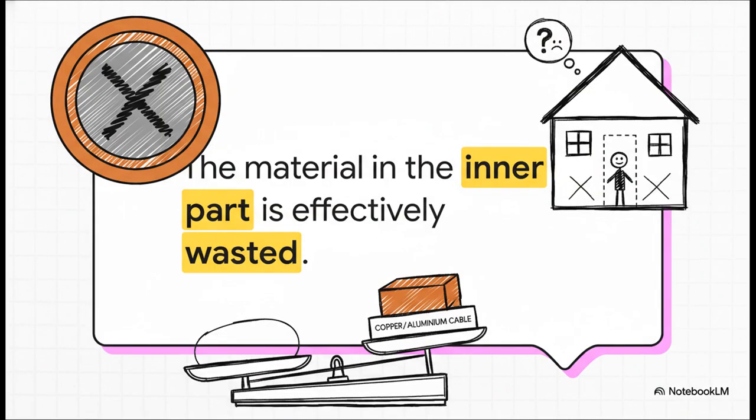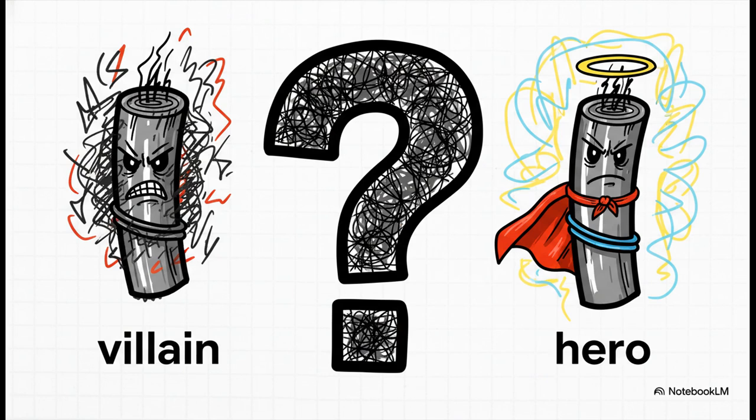This whole thing creates a massive practical headache for engineers. I mean, think about it. They're paying for these thick, heavy, expensive copper or aluminum cables, but because of the skin effect, only the outer layer is actually doing any of the work. All that precious, costly metal in the middle is just dead weight. It's like buying a 5-bedroom house, but then finding out you're only allowed to live in the hall. So, it seems like an open and shut case, doesn't it? The skin effect is just a wasteful, inefficient problem that we have to deal with.